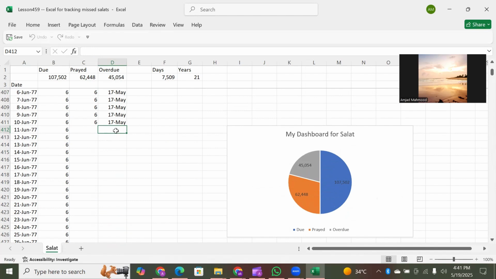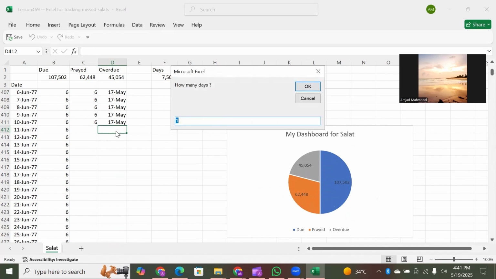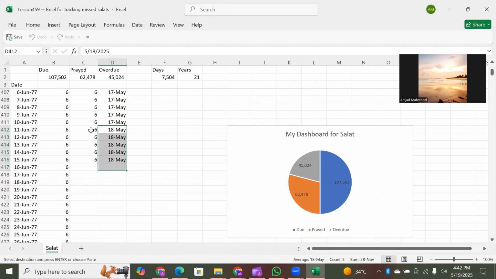So you are going to double click on this. It is asking you how many days of prayer you have performed. Say you say 5 days prayer. Okay, 5 days prayer means 6 prayers per day, and 5 days. So you have done 6 into 5 is 30, right? So here you will write only 5 days, and it will make sure that it puts all the sixes. And why six? Because you have 5 salah on a daily basis, and one is the witr. So this is how it is counted,